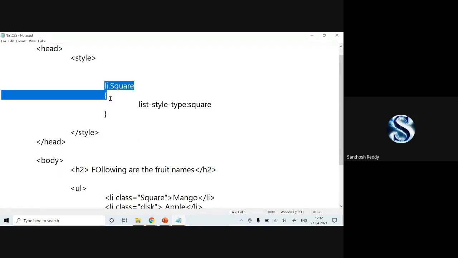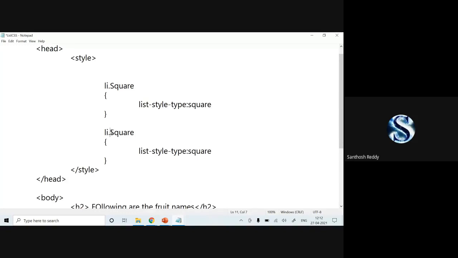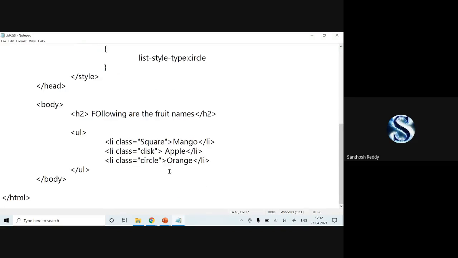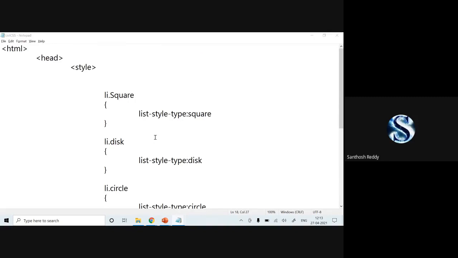The same way, if you want to use disk, you change it to disk and mention disk here. The same way for circle. If you want to specify a different one, you change it to circle. Circle, square, and disk.